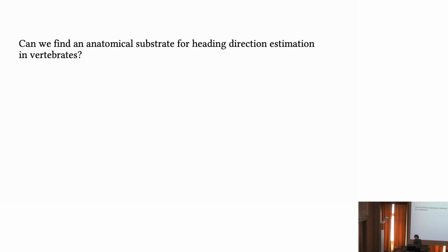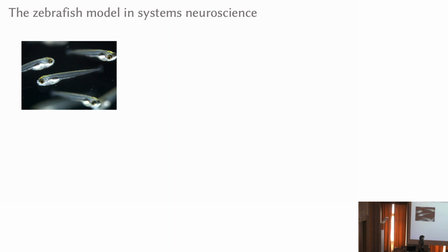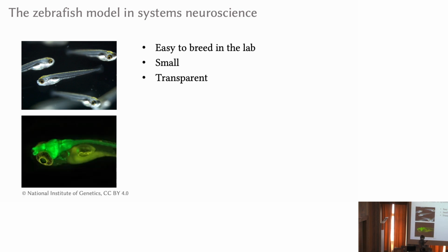Because in vertebrates, you all know that there's place cells and head direction cells and grid cells that have been described, but so far there is no evidence of an anatomical organization for the heading direction network. So we have been working with the larval zebrafish, which is a pretty unimpressive animal itself, but it's very cool because it's super easy to breed, it's small, and it's transparent. And also it's genetically tractable, so we can have larval zebrafish that express in all neurons of the brain or a subset of neurons in the brain